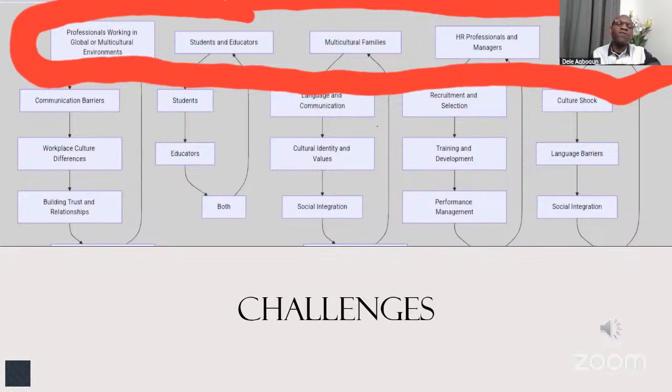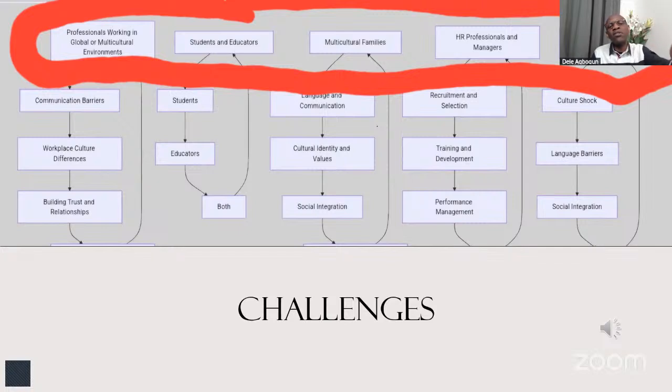This is not being read from a book. This is something that happened within close range, to somebody I knew who wanted to enforce his culture. So when we talk about this, we talk about students, educators, and both. From the student perspective, you are a student in one country coming to a different country where the culture is different. We've seen some students who have been decamped, taken back to their country because of the kind of vices or behaviors they exhibited in a new culture. We have some nationals or immigrants that have actually been deported because of how they behaved.